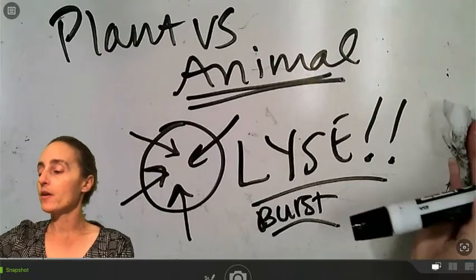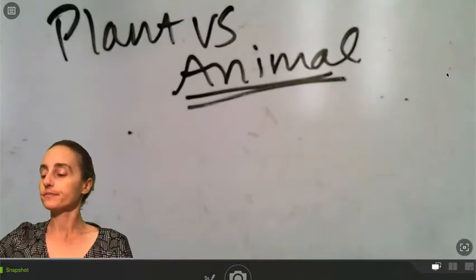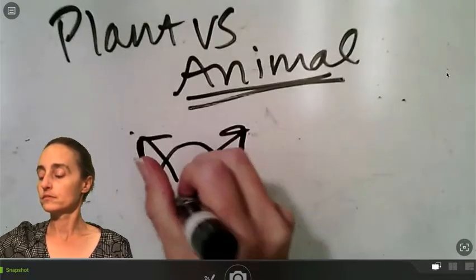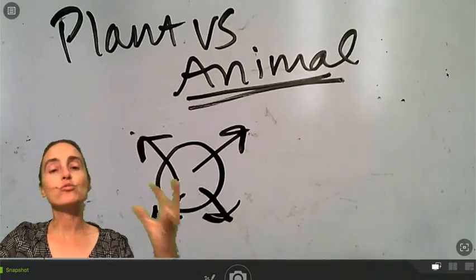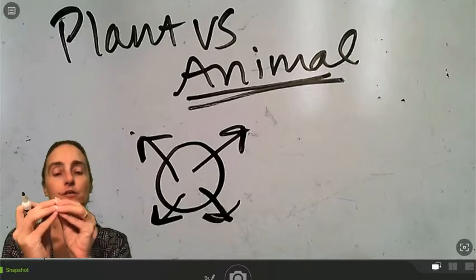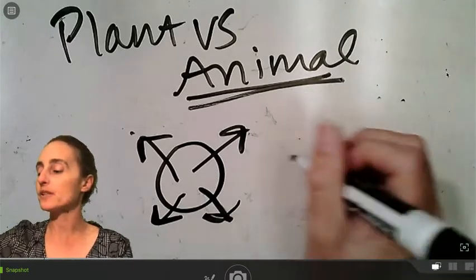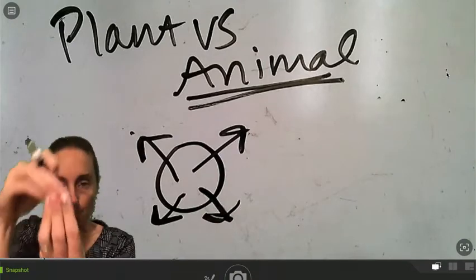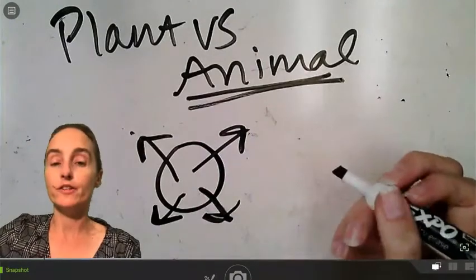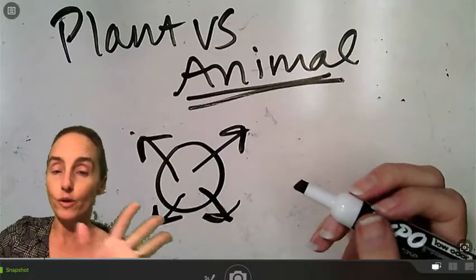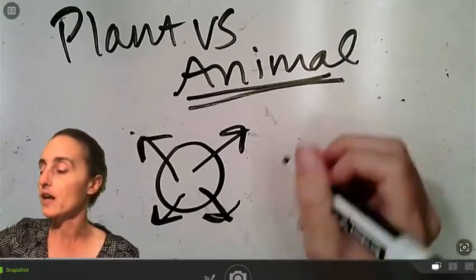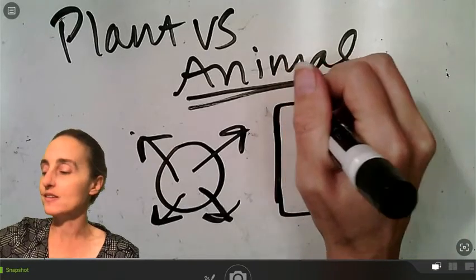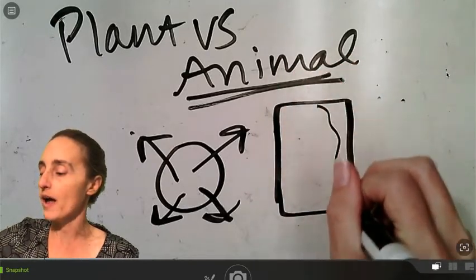Okay, and then what happens the other way? It'll just shrivel up into like a little nothingness, right? So what happens to the animal cell is it just turns into like a little raisin looking thing that clumps up. Sometimes it can make you have blood clotting. If it's your red blood cell that's doing that, it's bad. You don't want your red blood cells to change shape or size. That's bad. But if it's a plant cell, then what happens is the cell wall shrinks away